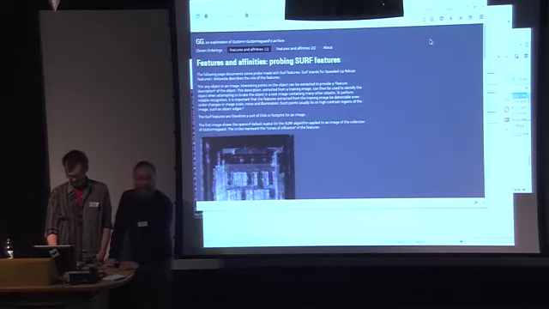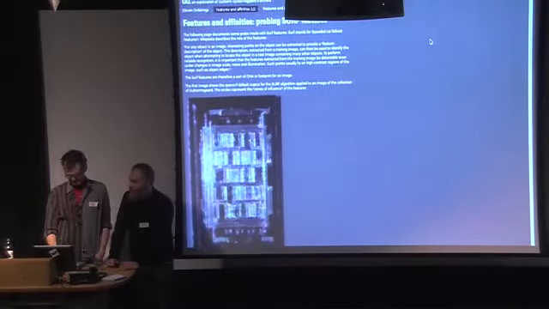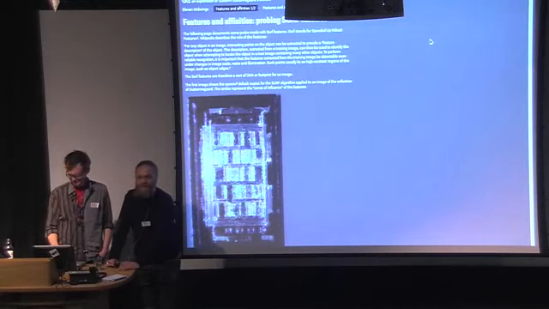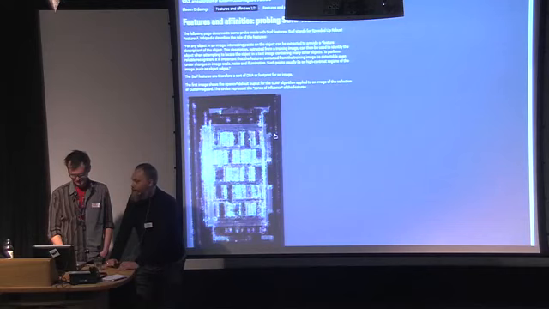And to do that, what we started a few years ago was to look with curiosity at what computer vision algorithms would offer us to do so.